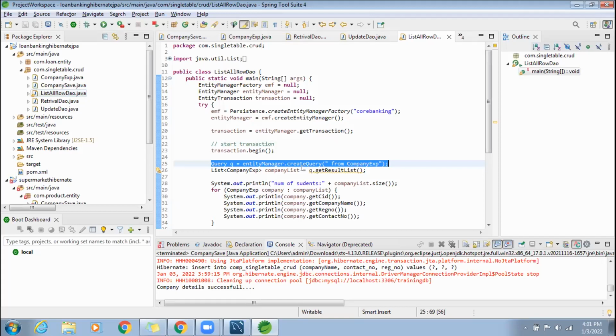So how many objects will it create? How many entity objects will this q.getResultList create? It will create 3 objects because you have 3 rows, right? It will create 3 objects because your table has 3 rows.